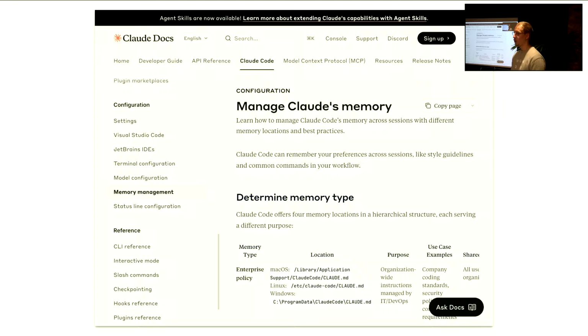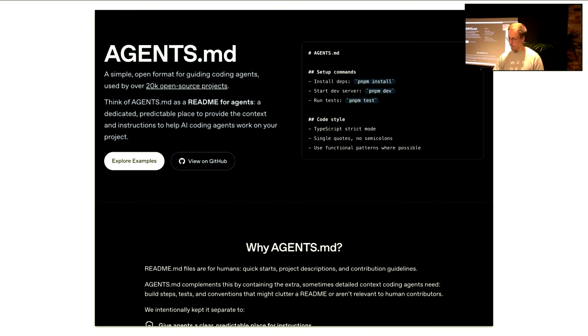How about Claude Code? Joonas mentioned Claude's memory. There are different terms for the same thing, like the Claude MD. Who has written a Claude MD file? Or, by the way, who is even using Claude Code? Much fewer. Okay, and of those who are using it, who's using Claude MD files? Yeah, cool. Then do I still have some example tools? Yes.